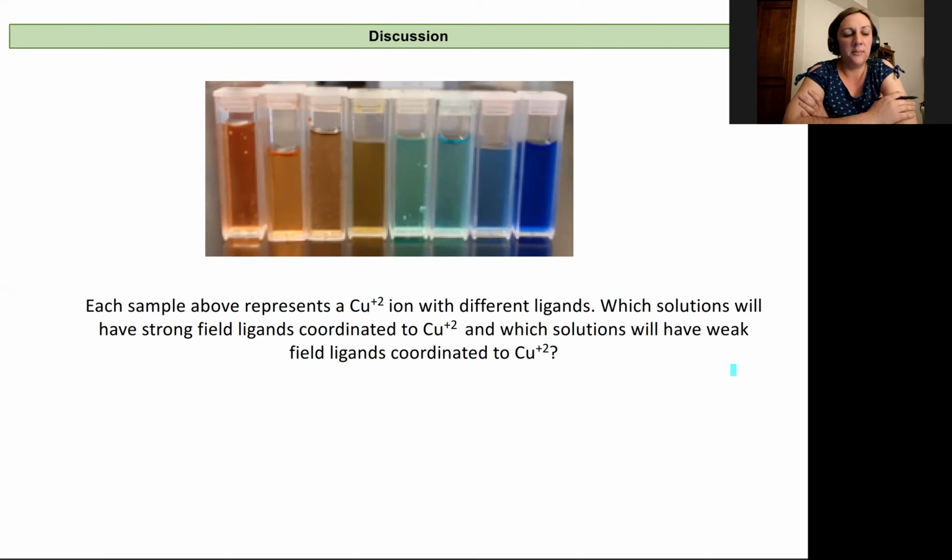So this is something where we've held that metal cation variable constant and have changed our ligand across the series. My question to you is, which end of this spectrum of color corresponds to weak or strong field ligands coordinated to the copper? Does that blue color correspond to a strong or weak field ligand? And does that reddish color correspond to a strong or weak field ligand? Take a pause, think about it. Take a minute to see if you can talk yourself through it, and then I'll talk through it. But first try it on your own.